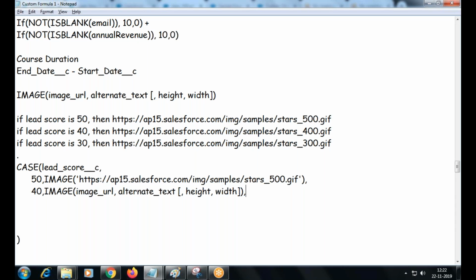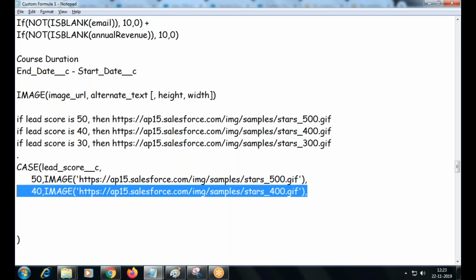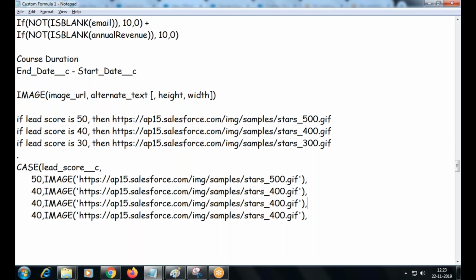Similarly, for this one, what is the file? 400, 30, 100.